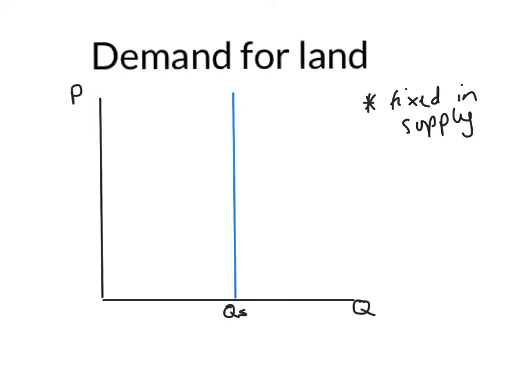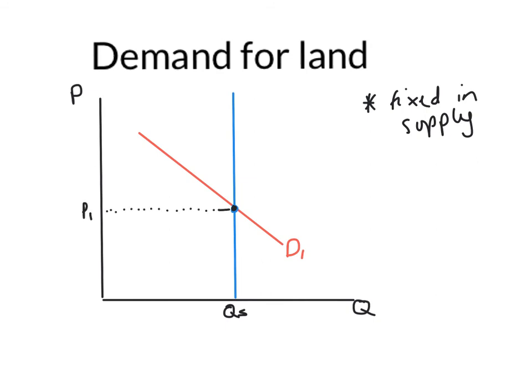So let's look at if it is this here, which we'll call D1. At D1 we can see that there is a fixed quantity supplied, and the demand crosses the curve at this point here, and at this point here we get